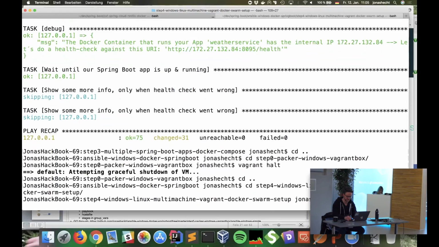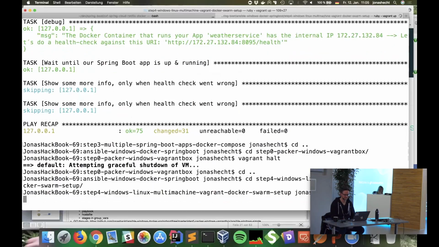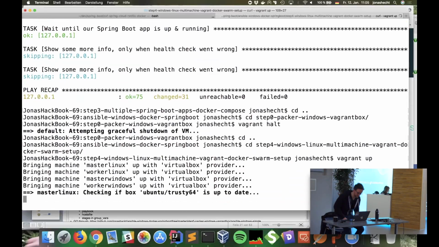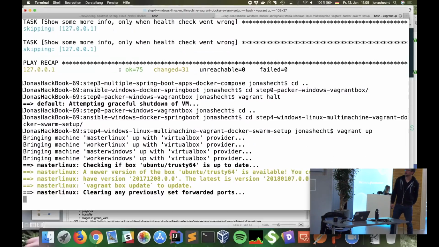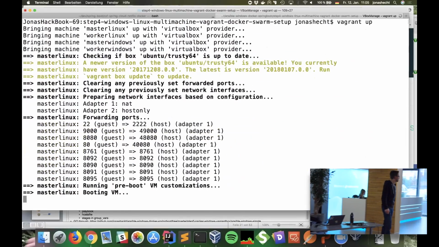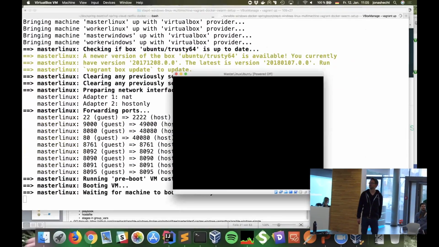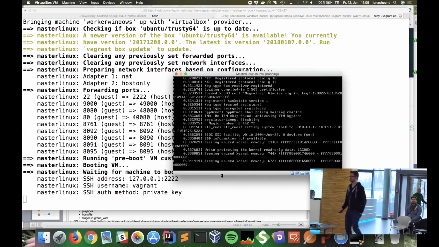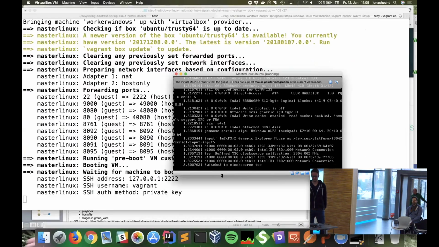So let's just say vagrant up, and we should have some more machines, hopefully. Ah, there's a new one. Damn. Okay, so this one is master Linux.